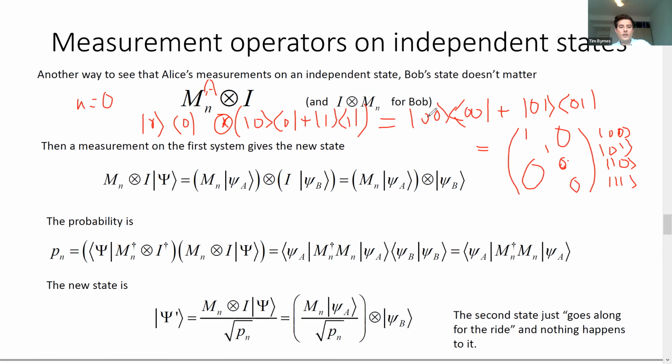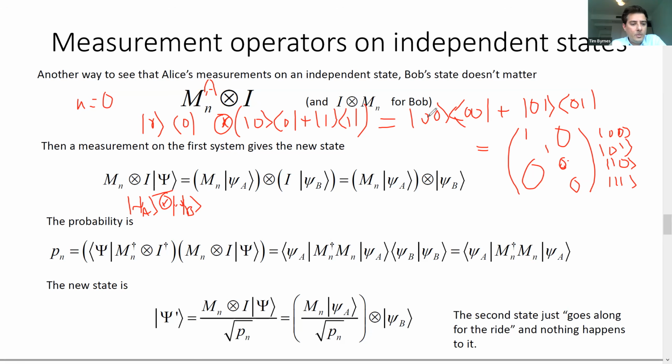So this would be the 4x4 matrix that you'd be doing, right? If you perform the measurement on Alice's side, and suppose we again have this independent state here, right? So this state here is again this independent state, so it's just a tensor product of the two states. Then when we do our measurement,